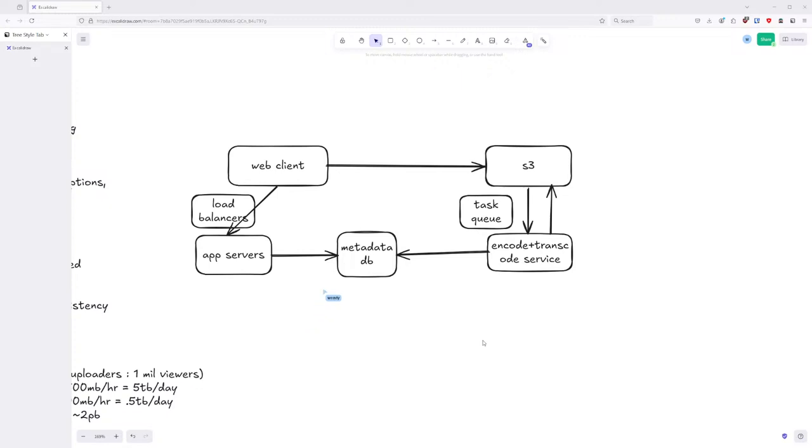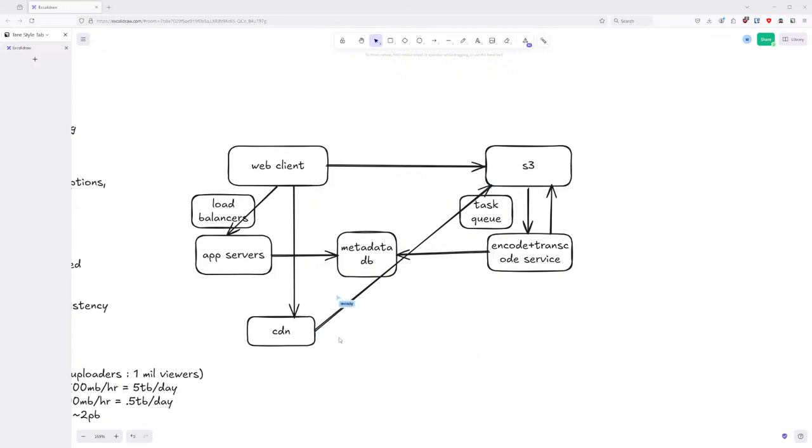Okay, and so for the CDN stuff, when the client wants to watch a video, they'll get it from the CDN. And if the CDN doesn't have it, it will get it from S3. This is the view flow now. Yep. Sorry for the jumping around. Okay. So yeah, something like this.